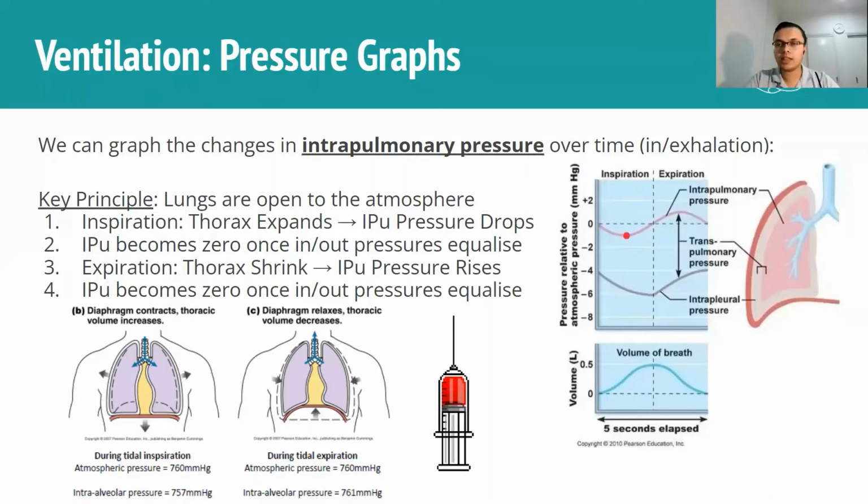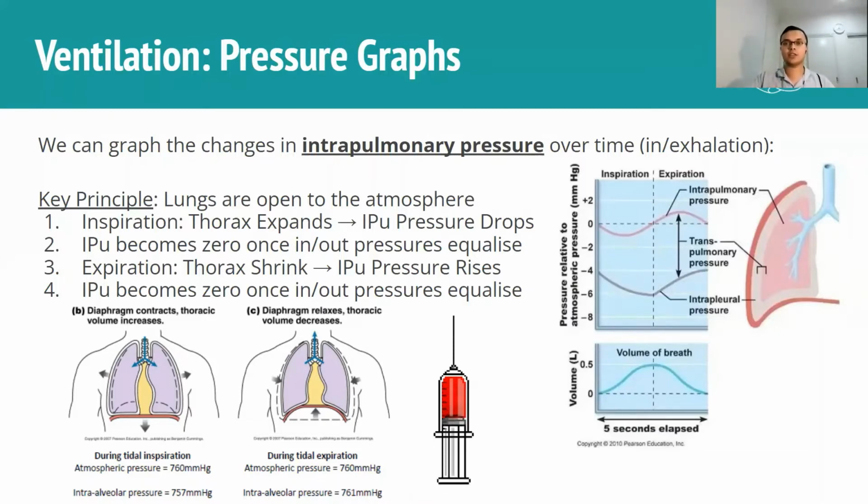But then there's a weird thing that occurs where it becomes zero. And the reason it becomes zero or equalizes with the outside pressure is because, sure, your diaphragm contracts and the thorax expands and the pressure drops. But that pressure drop is going to make air want to come in to equalize that pressure, to move from